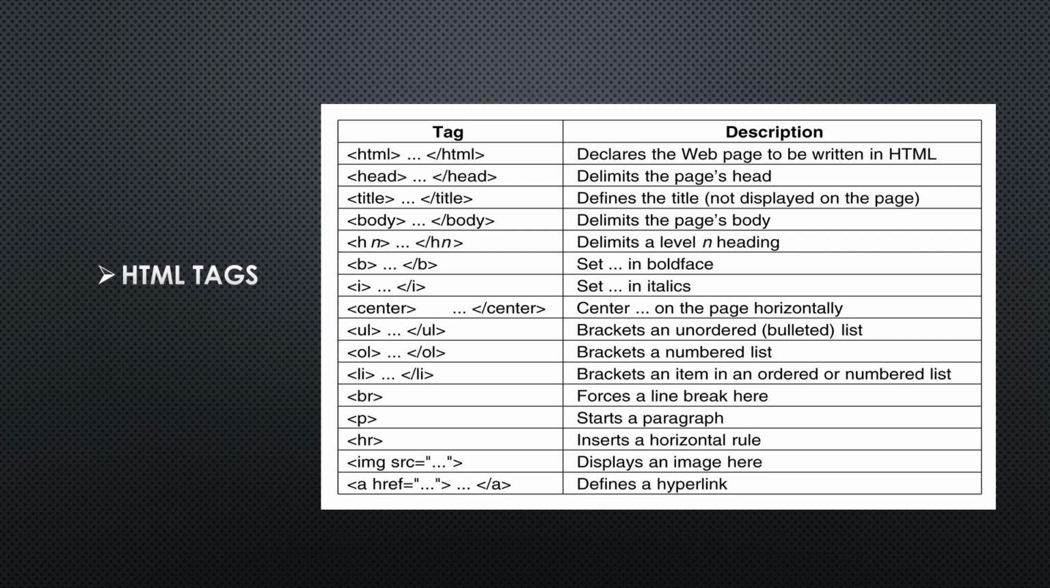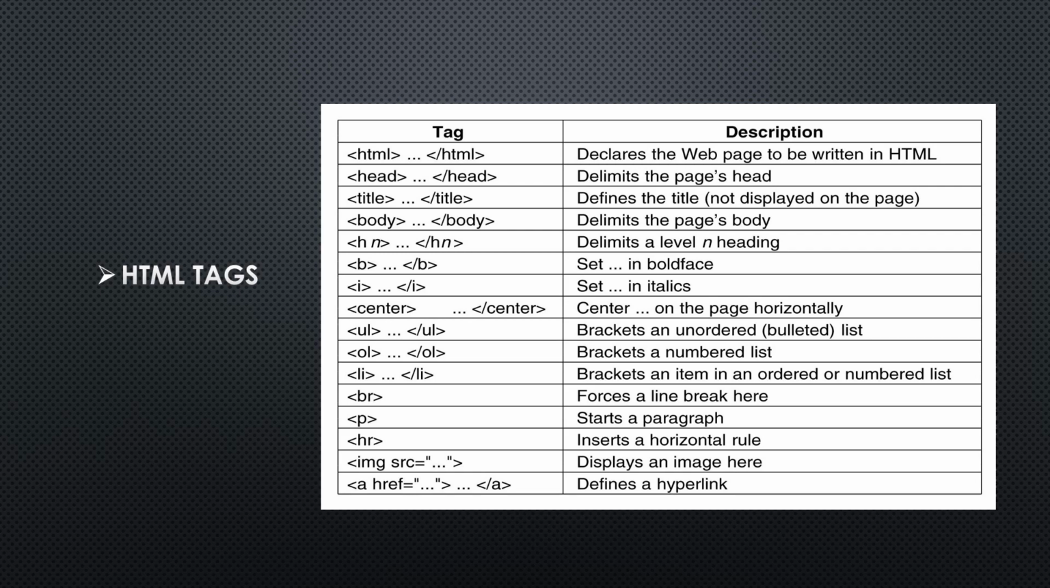The center tag is used to center on the page horizontally and the UL tag brackets an unordered list and OL brackets a numbered list. LI brackets an item in an ordered or numbered list. BR tag forces a line break here and the P tags as suggested starts a paragraph and the HR tag